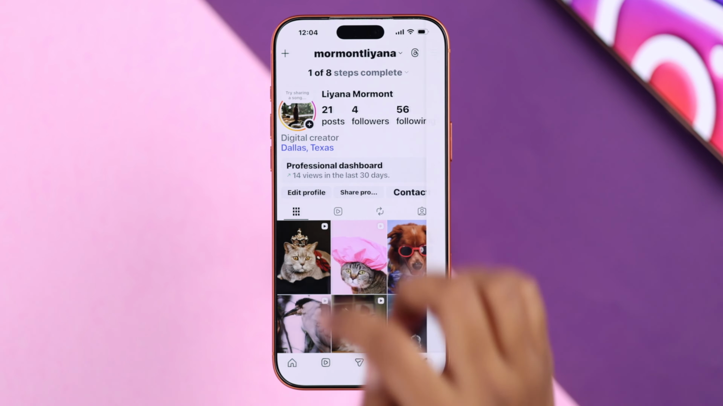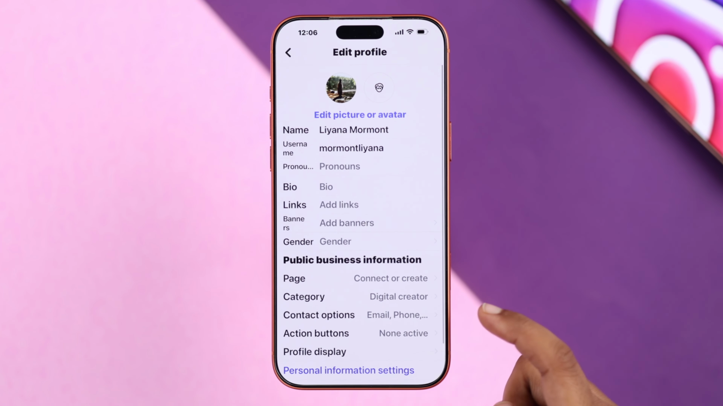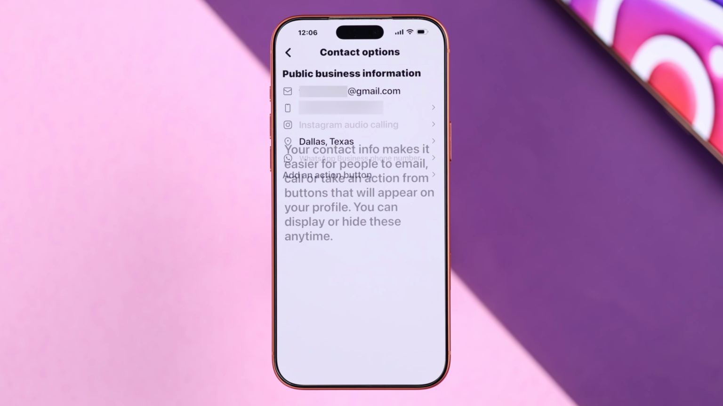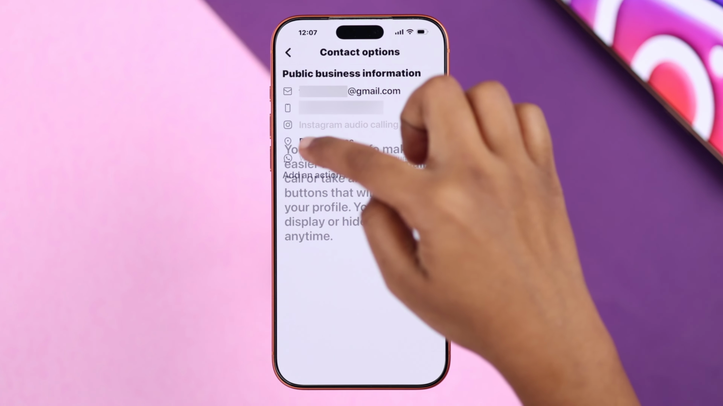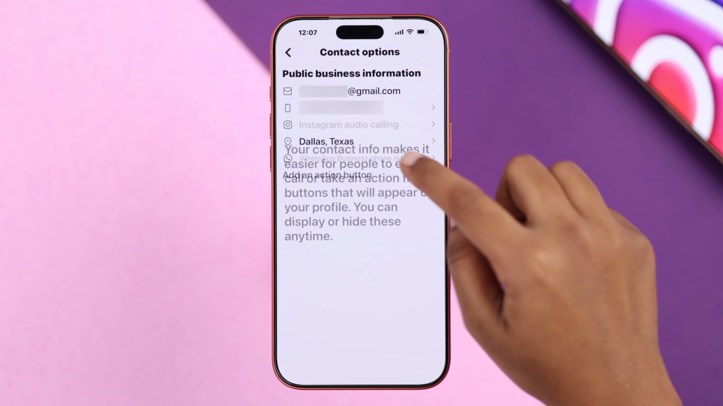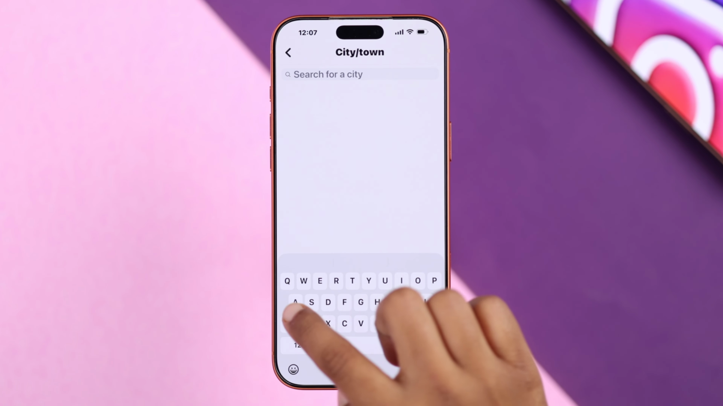Now if you want to change it, you have to tap on edit profile, and now from here you have to scroll to contact options. Now here we'll find the address section. So here you can see now it's in glitch mode. So don't worry, just tap on address section, tap on your old address again,